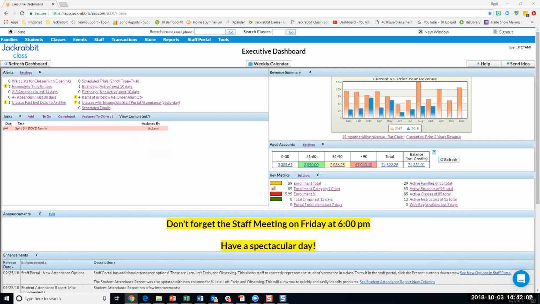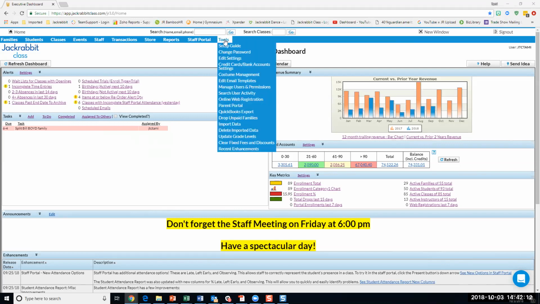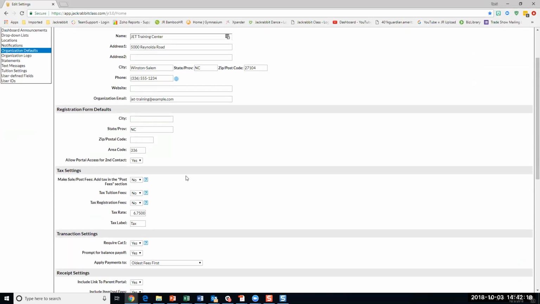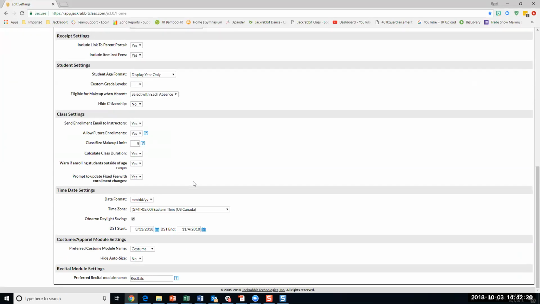So I'm going to go ahead and jump right into Tools, Edit Settings. And Tools, Edit Settings is going to be where you can customize the name of your module. It typically will default to recitals module. Previously, up until I think it was sometime last year, it was always recitals module, but now you have the ability to customize that. Right now I've kept mine as recitals